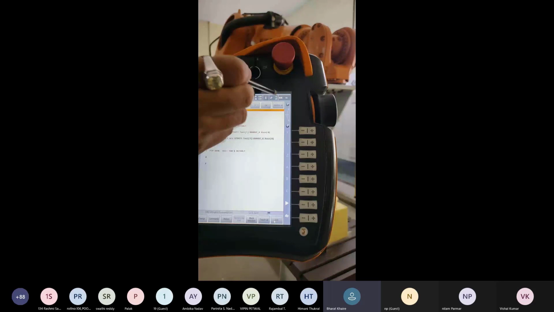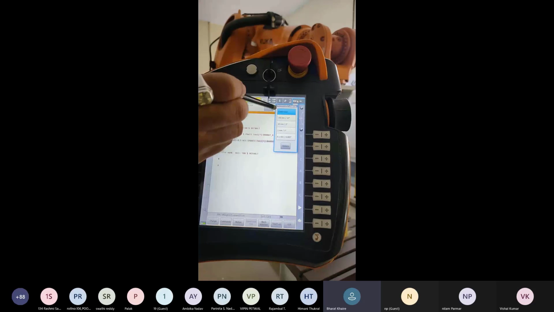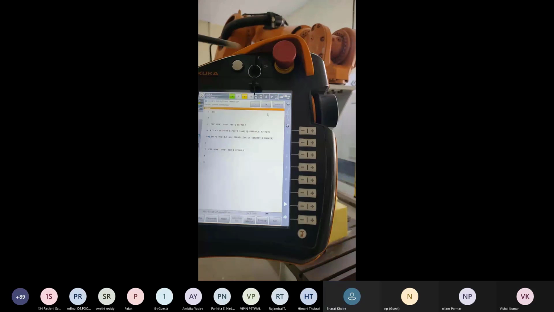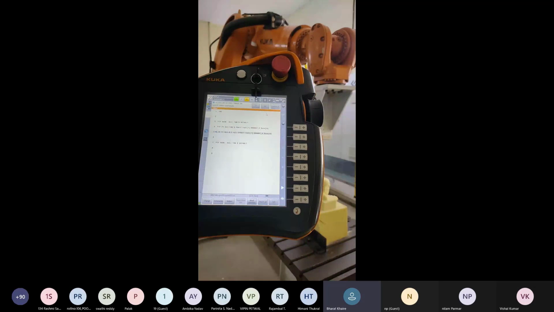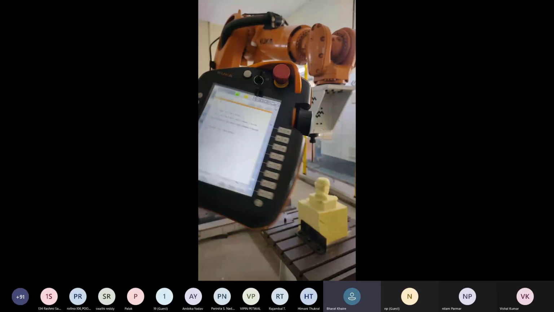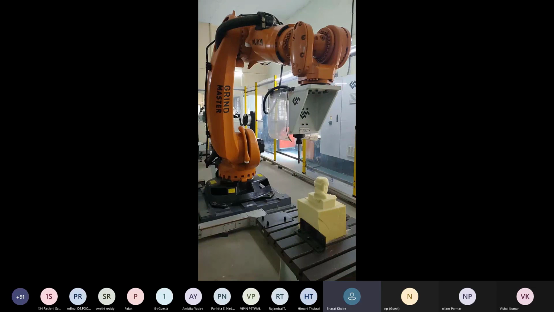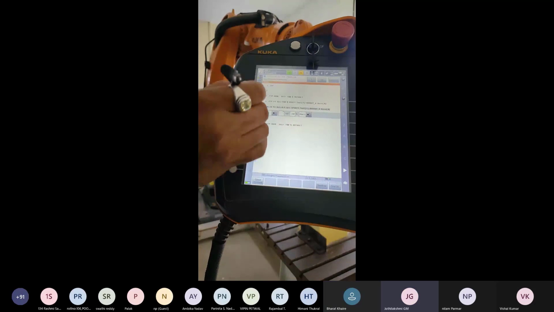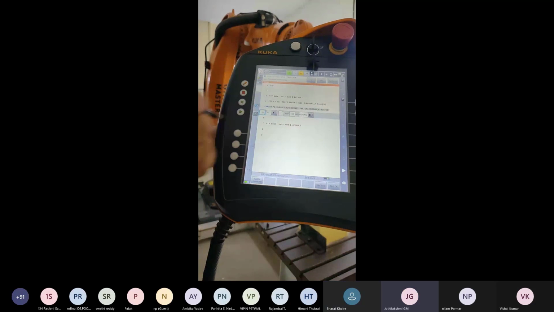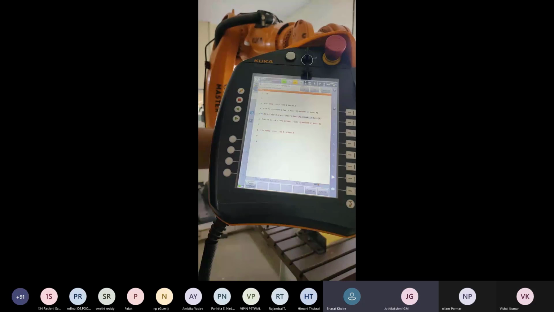Okay, now that continuous is selected, I am selecting here 100 mm. So we can jog the robot from the start 100 mm, it will be automatically stopped. Okay, so this is y minus, and after 100 mm it stops automatically. So I am generating this position as a linear position. So go in the motion and give a command. Okay, then the next point is 200 millimeter towards the x plus direction.